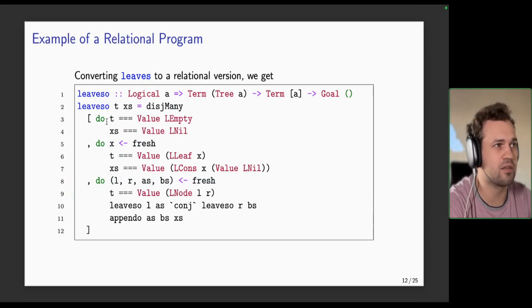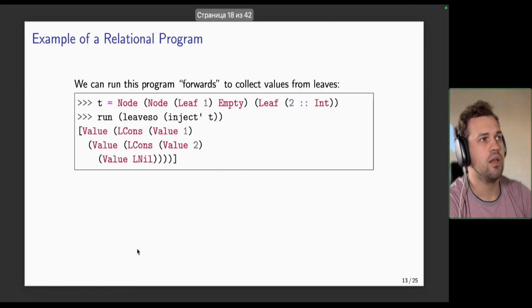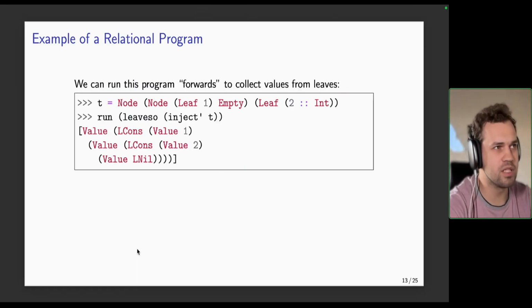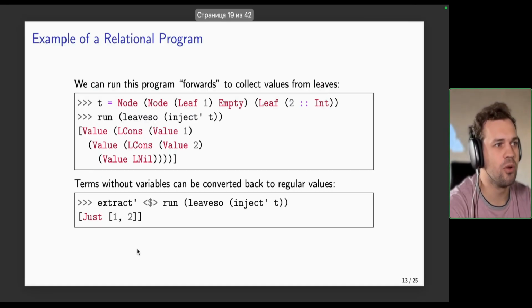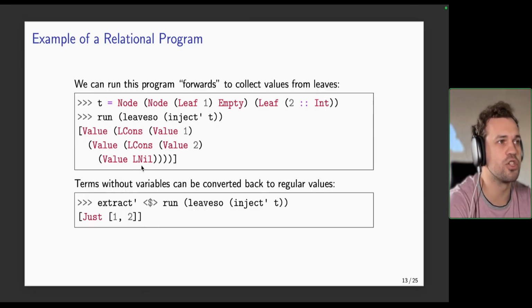Instead of pattern matching, we're going to have these unification constraints, which are written immediately as statements in a do notation. This is the code that is equivalent to what we have seen on the left. Now, we can run this program forwards, like we've seen before, and we can also try to extract the logical results into the actual Haskell value,